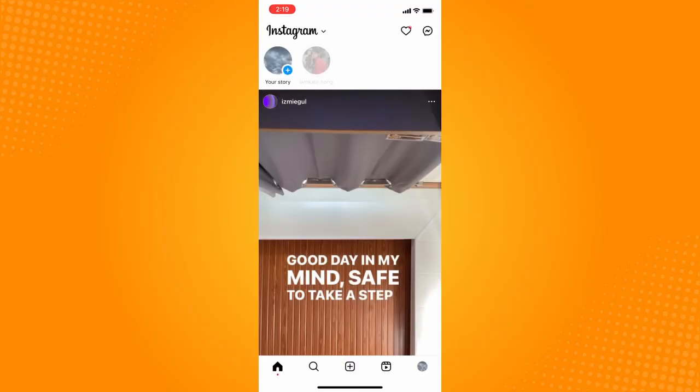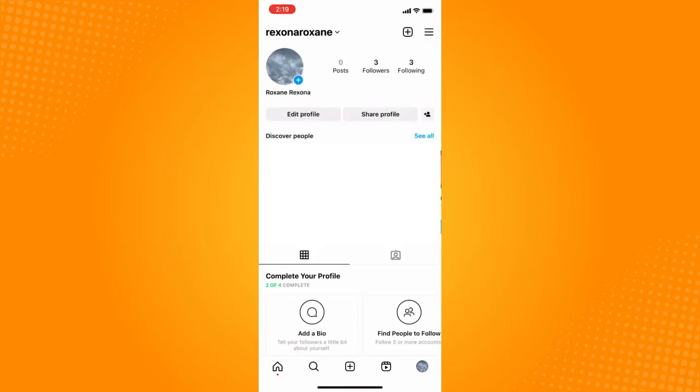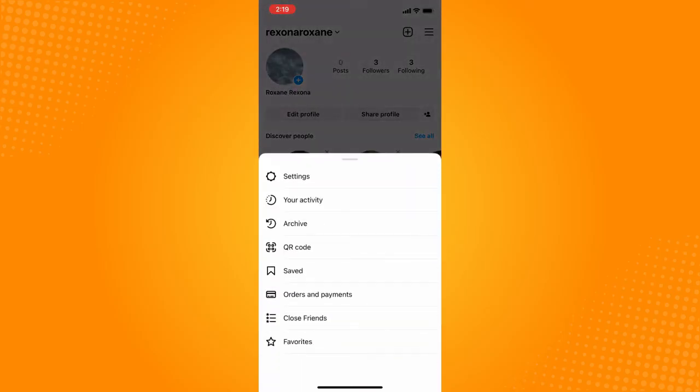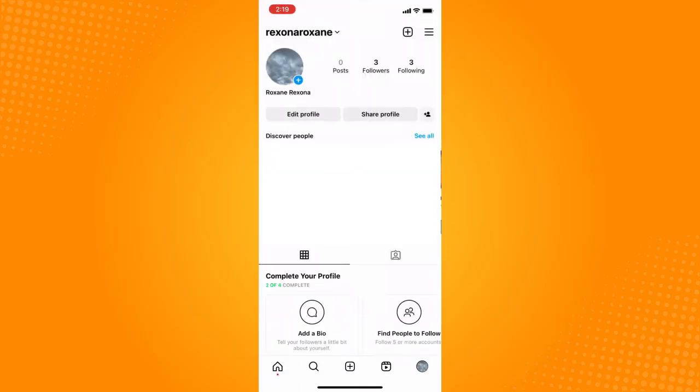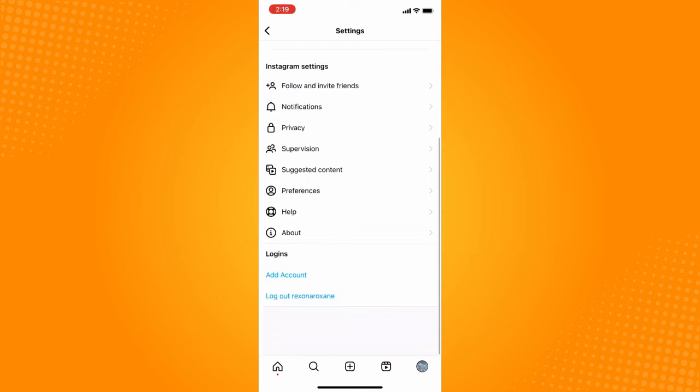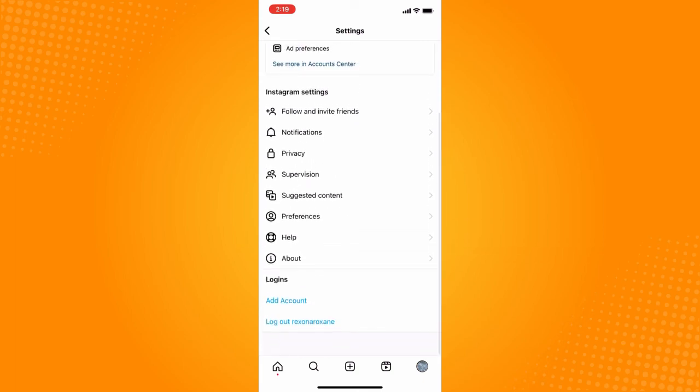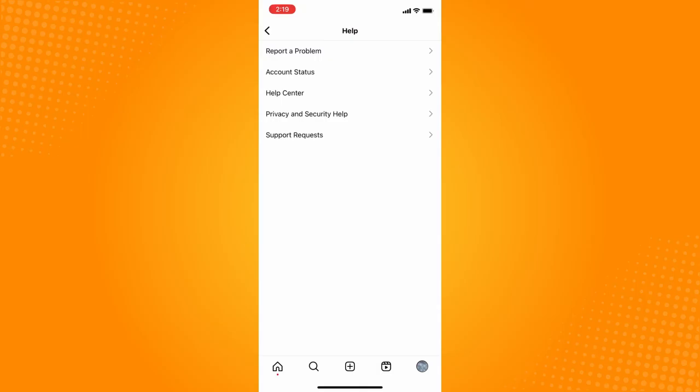Now, if it still doesn't work, the next thing that you want to do is to go here to your profile here, and then on the upper right you'll see three dash lines. Tap on that and go to your settings. Now, here on your settings, the next thing that you want to do is to go to help and then report a problem,